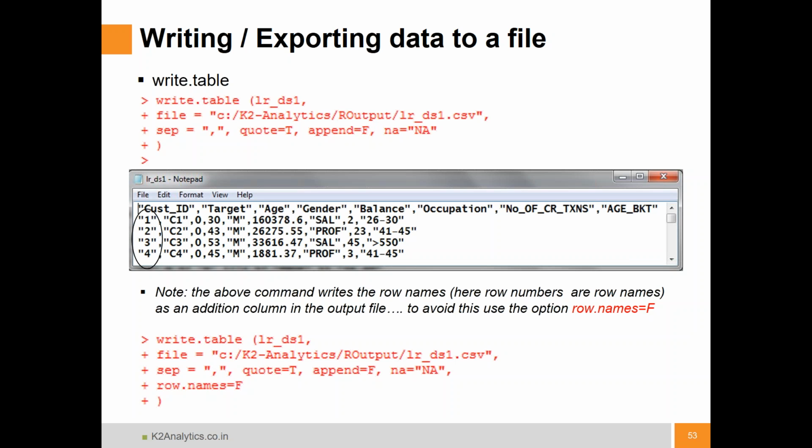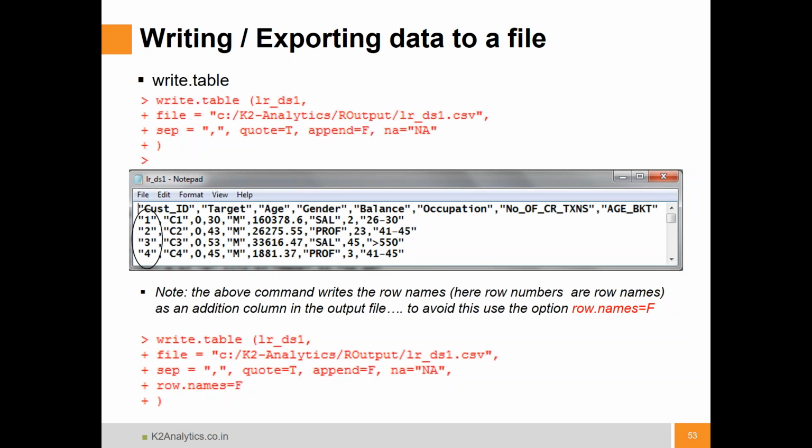And the most common format which any tool can consume is a text file format. CSV, comma separated value file formats, fixed width formats, any other delimited formats. All these are text files. So basically you require a functionality by which you can export data from R to a CSV. You require a functionality by which you can export R data to any other tab delimited or any other delimited